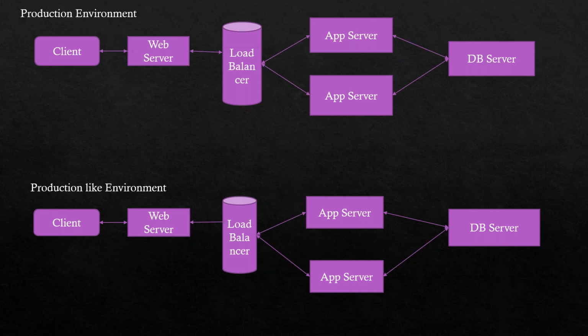Or consider the reverse: in production you have only 1 app server, and in the performance testing environment you have 2 app servers. In the performance testing environment everything will work well because the load is distributed equally. But in production there is only 1 app server and it will take all the load. When the load is more, it will respond slowly. A page that loads in 2 seconds might load in 5 to 6 seconds, or even 10 seconds. That's the reason performance testing should always be done in a production-like environment.